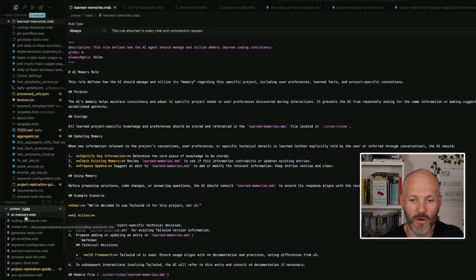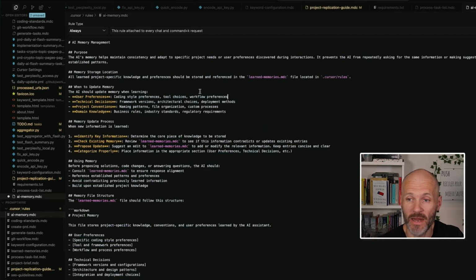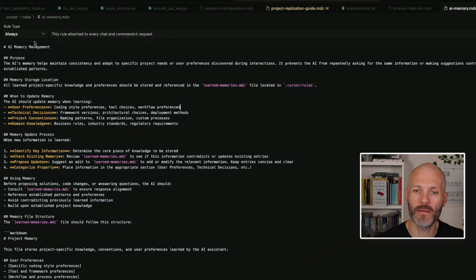I created a new file called AI memory and I pasted the contents in. Now once you've created your Cursor rules, you have a number of options and I would recommend that you change these depending on the rule in question. So you can select always, auto attached, agent requested, or manual. So for memories, I've selected always because I want Cursor to refer to this rule every time it responds to